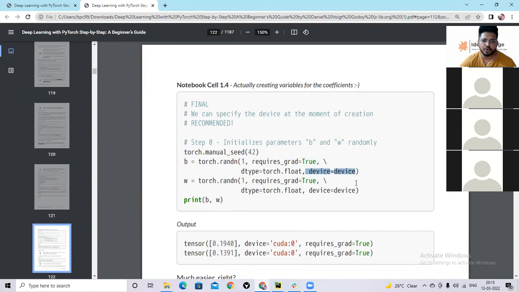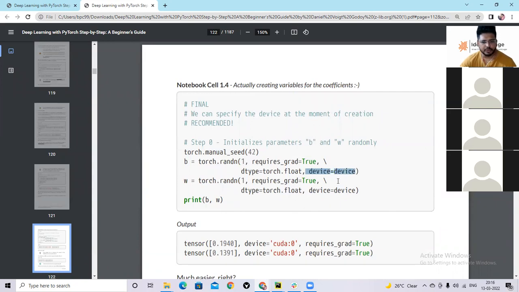No .to(device) needed. You can directly set the device inside the rand function only. The rand function also takes a parameter telling where to create the random variable.